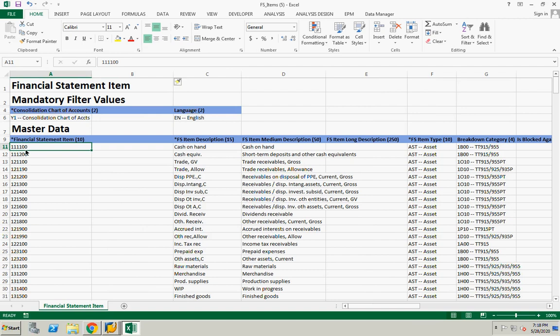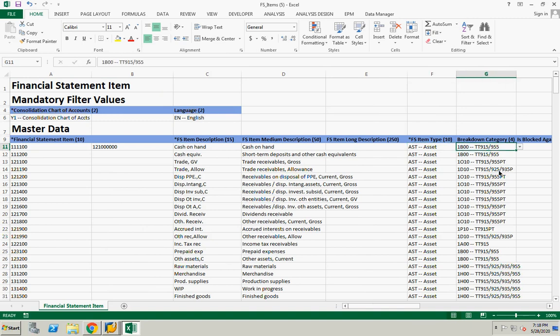So for this, my customer wants to use one account, let's say 121,000. My customer's account numbers are 10 digits, so this is the number they want to use. This is the cash account from my customer and it's an asset account.